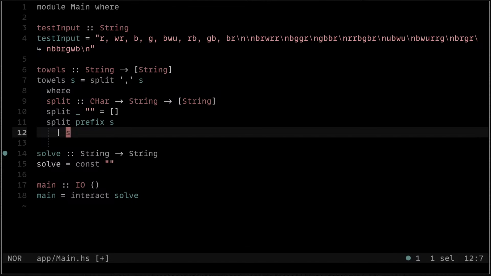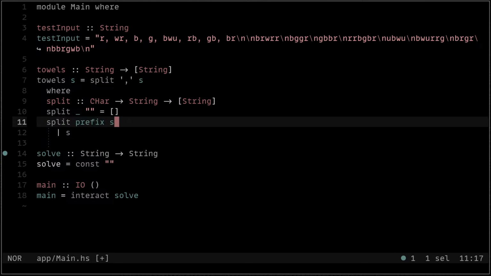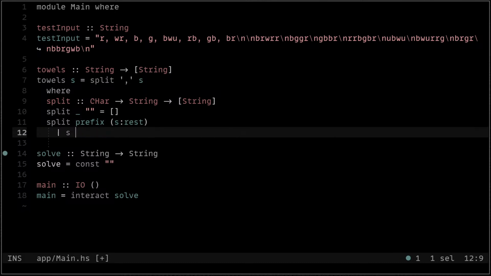Okay. So if we say we now have s and some remaining, call it rest. If s is equal to the prefix,